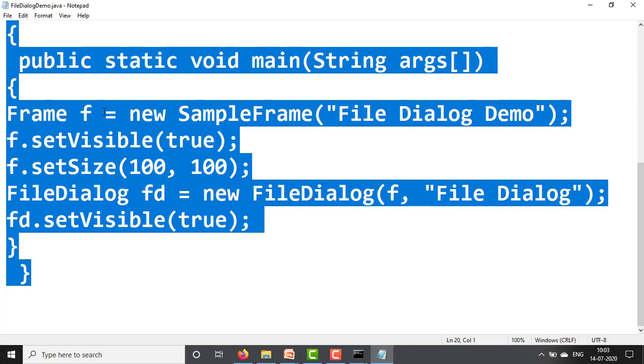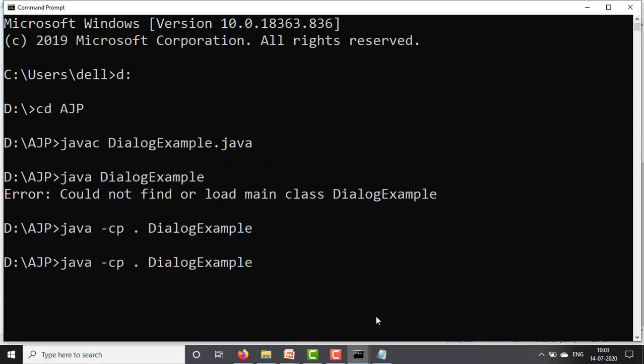In this way, execute this example: javac FileDialogDemo.java.